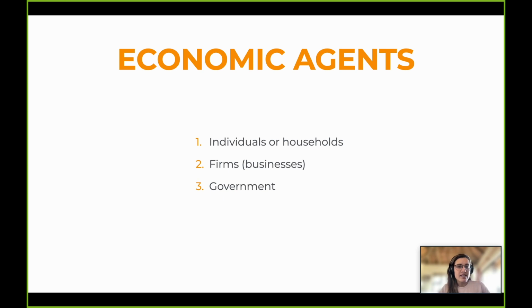Okay, so I touched on earlier that there are individuals, governments, and firms. These are the three decision makers that there are with the study of economics. There's no one else but these three, okay? There are individuals, so you and me, or households as they're more formally known. Firms are businesses, okay? So they're not individuals and they're not governments, they are businesses. And then the government. These are the guys who rule the country and make the decisions on a national level and international level for the country itself.